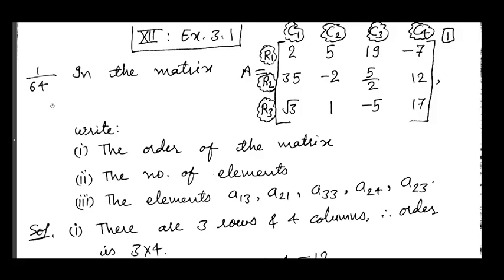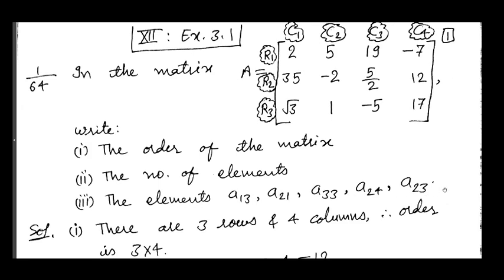Hello everyone. After going through the definition of a matrix, let us go to exercise 3.1. Here is question number 1 from page 64 in NCERT book. In matrix A equals this one, write the order of the matrix, the number of elements, the elements A13, A21